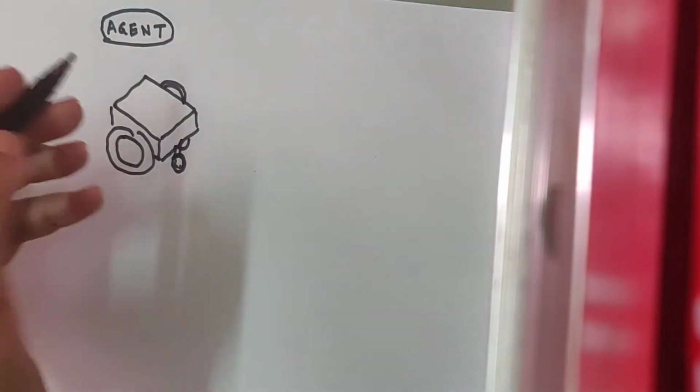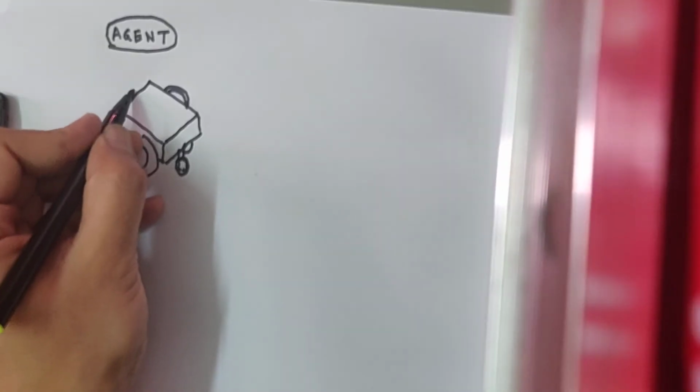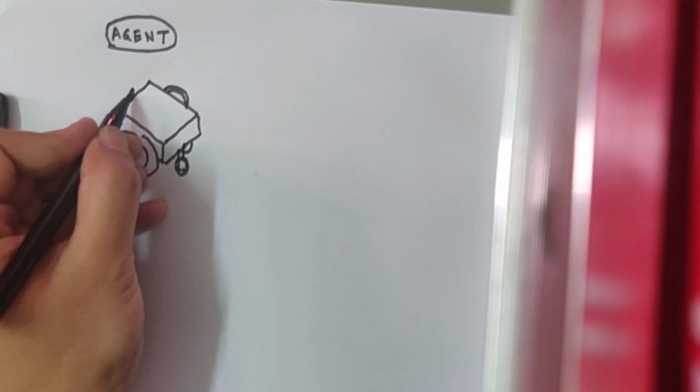Okay, and what does this wheeled robot do? This wheeled robot moves around the room. Any room, you just switch it on. This is its switch. You switch the robot on and it starts moving around,